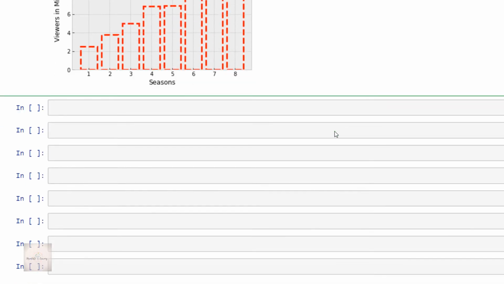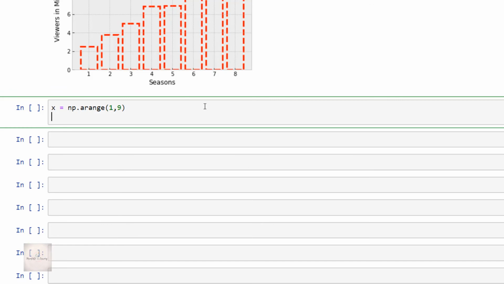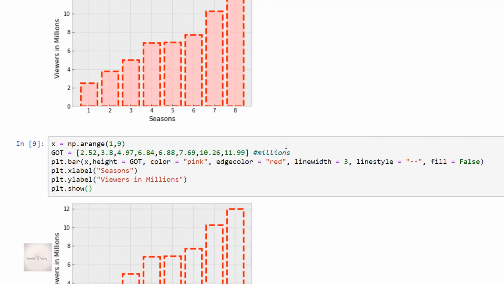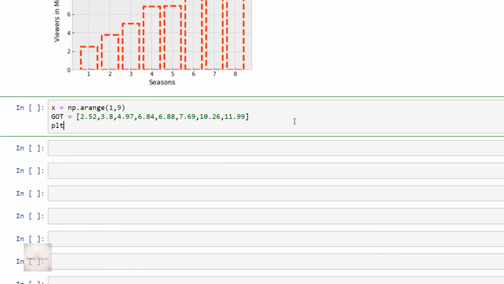So here, I'll write the code as x is equal to np.arange of 1, 9, and then got is equal to 2.52. I'll just copy the previous values. So it's like 2.52, 3.8, 4.97, 6.8 and so on. And then plt.barh of x comma got comma color is equal to red.